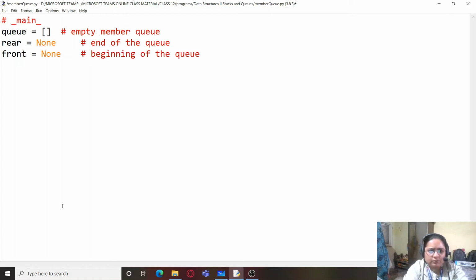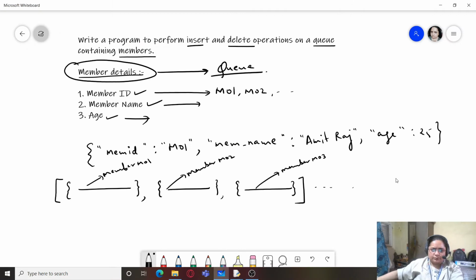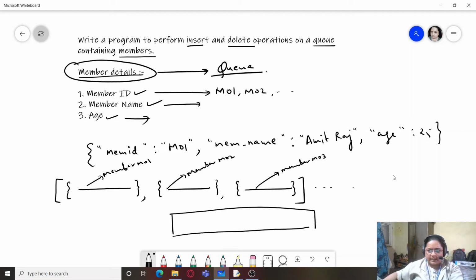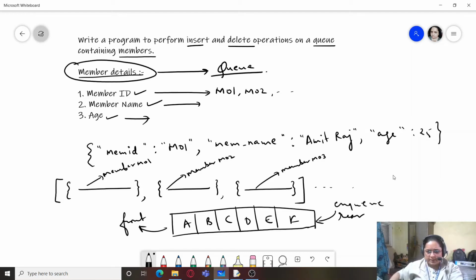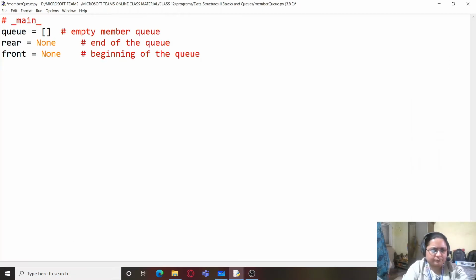And you also know that in a queue, insertions take place from the rear end and deletions take place from the front end. So insertions will take place from here and they are also known as NQ operations, and deletions are also known as DQ operations. Deletions are always done from the front of the queue.